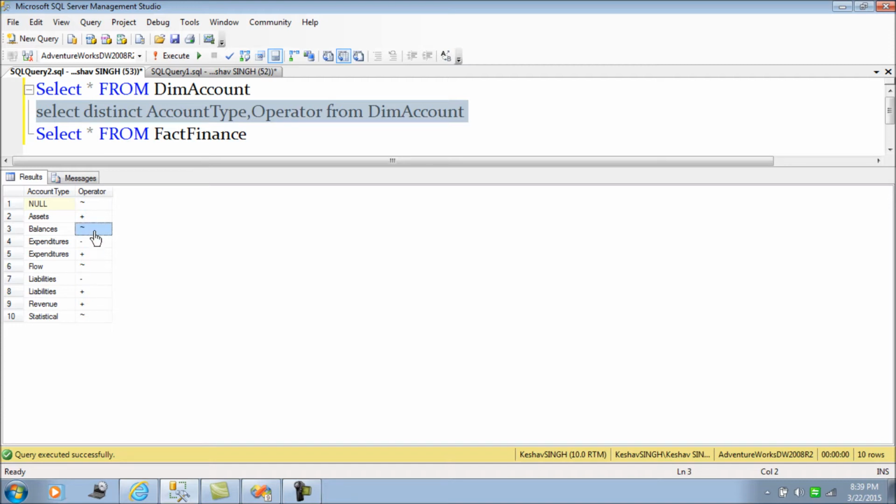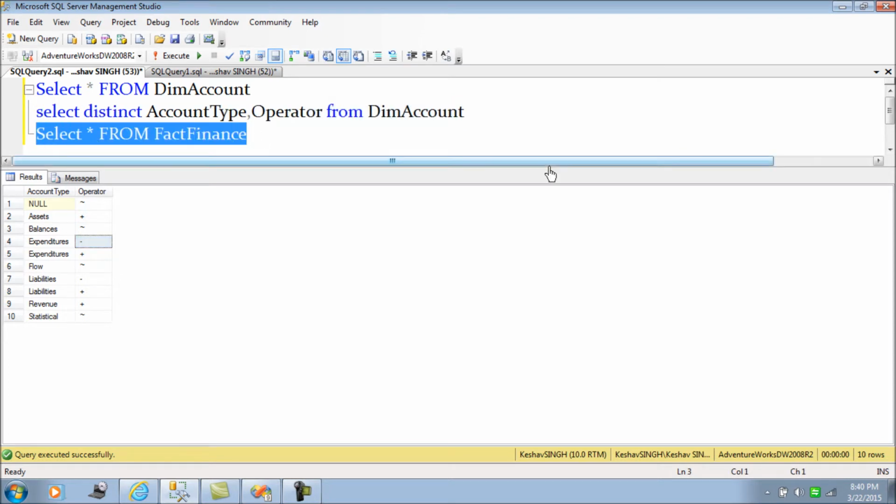Then we have the table, which means there is no aggregation to be done on this as such, and then we have something else also. So basically we have no aggregation, then we have sum as an aggregation, and then there is a negative value, so this needs to be subtracted out. So these are the various distinct values against which the data will be populated in the fact finance table.